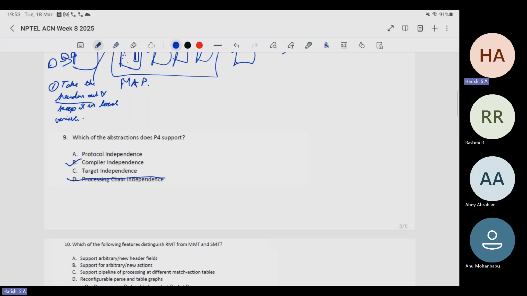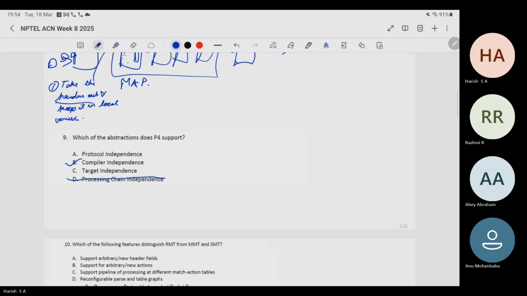So basically, I'm writing up code in P4. It is supposed to be cross-compiled to multiple targets. You don't have to worry about what kind of chip that particular switch is using. It can be cross-compiled. It means that the same P4 code can be compiled by different compiler backends for various targets, right? And see, target independence, P4 does strive for some level of target abstraction,